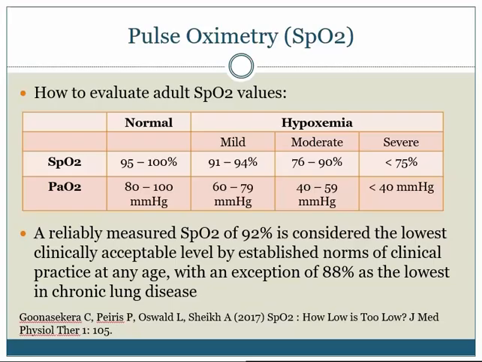But based on this scenario and the patient's history, in an otherwise healthy person, an SpO2 level of 91 might make you think, wait a minute, what's going on? Why is their SpO2 91? Generally, SpO2 of 92% is considered the lowest clinically acceptable level, with the exception of about 88% in chronic lung